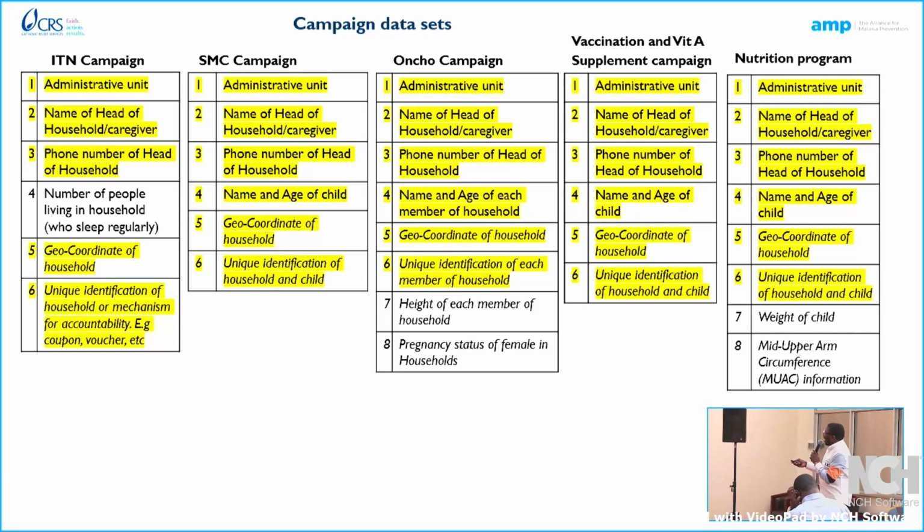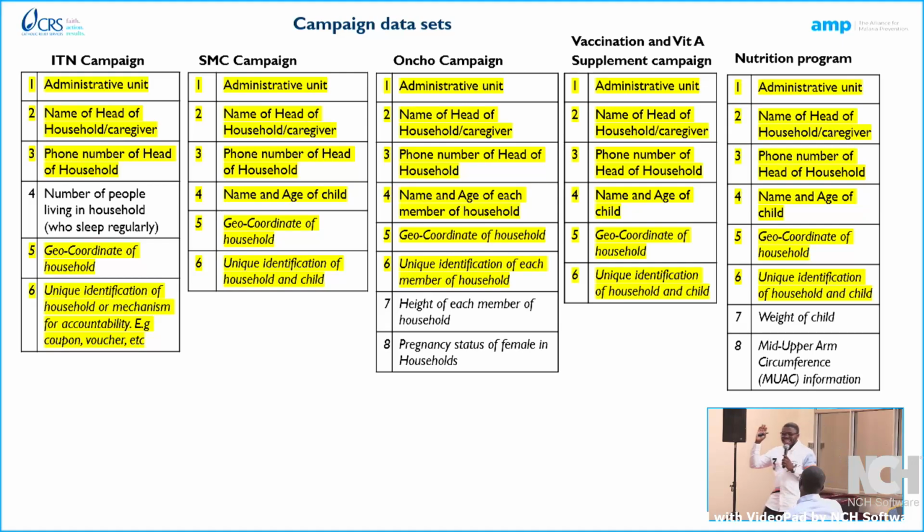While SMC could be given to children under 5, UNCORAS is given to everyone in the household that is above 5 years old. So now you see that if we only change how number 4 is collected, we can use it for ITN, SMC, and UNCORAS's campaign. Does this make sense?